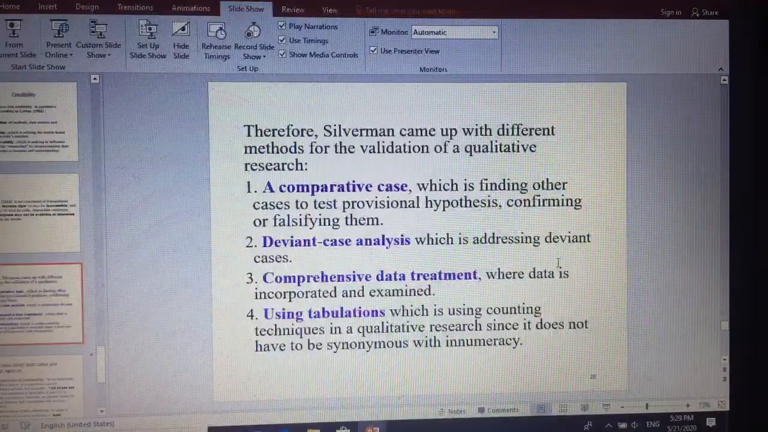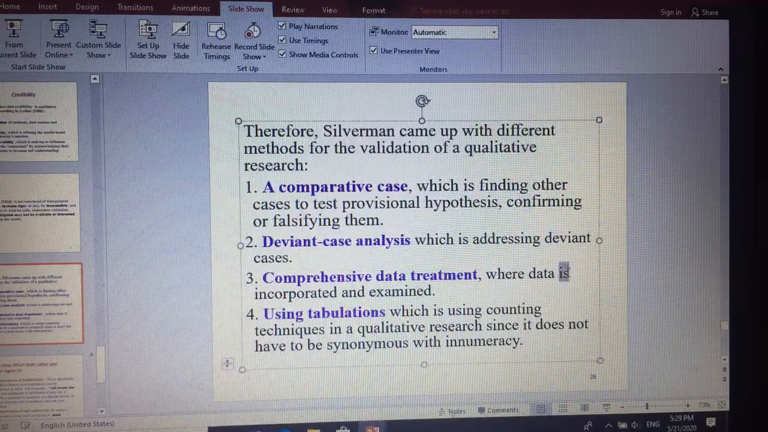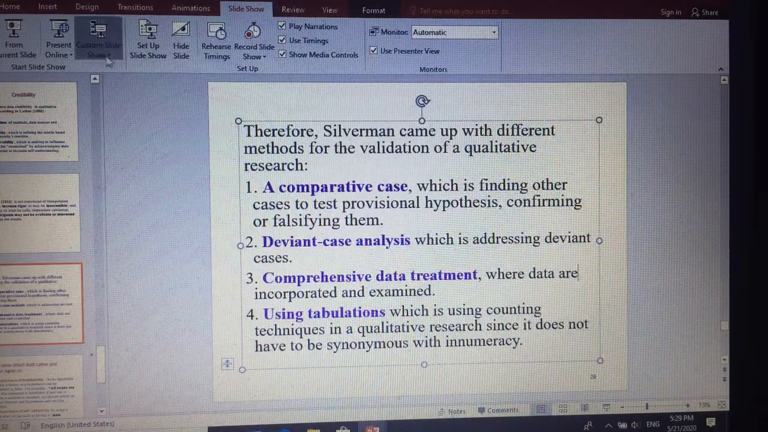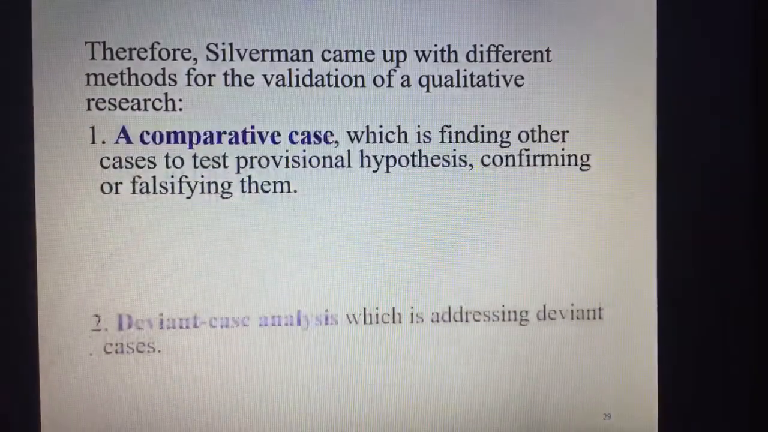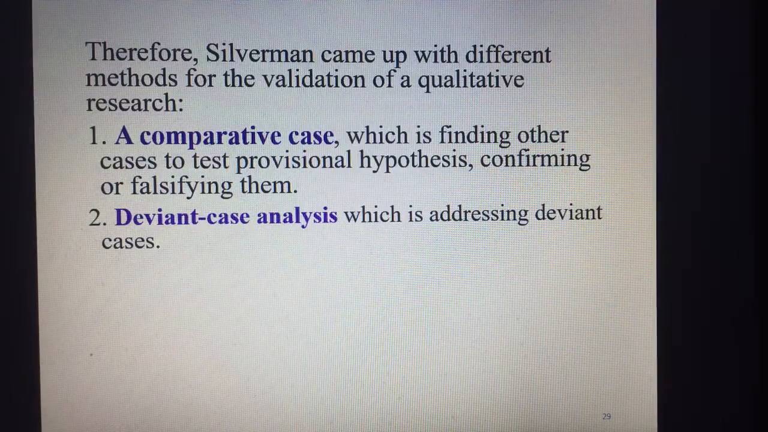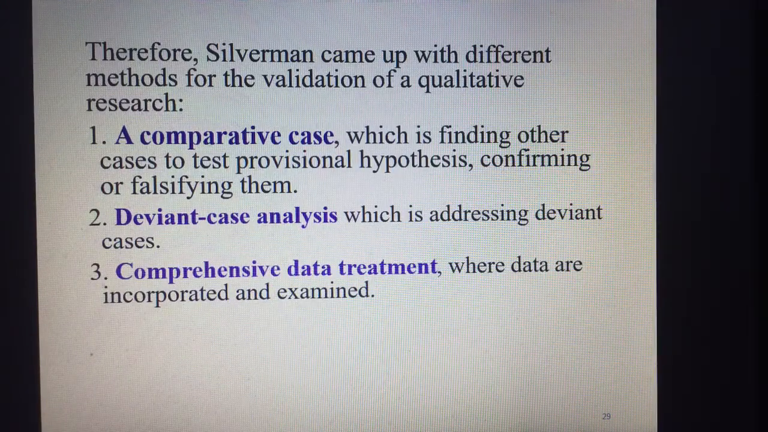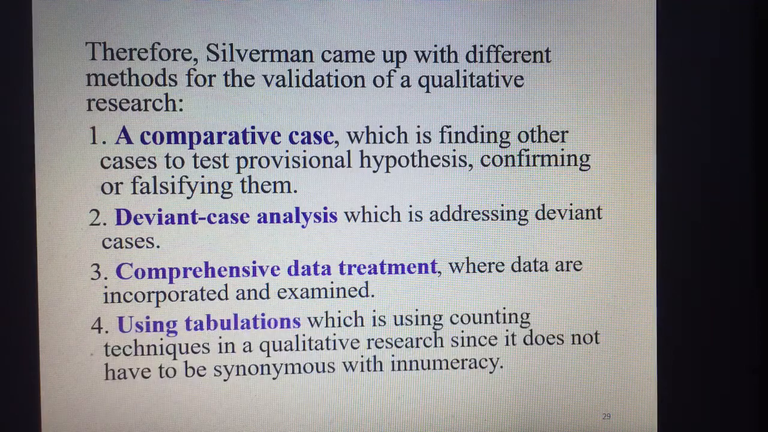And I think I'm going to fix these two errors here, because it's data are, not data is. And of course, using tabulation here is correct, because we're talking about the using and not about tabulation here. So we have comparative case, deviant case analysis, or comprehensive data treatment, where data are incorporated and examined. And finally, using tabulations, which is using counting techniques in qualitative research, since it does not have to be